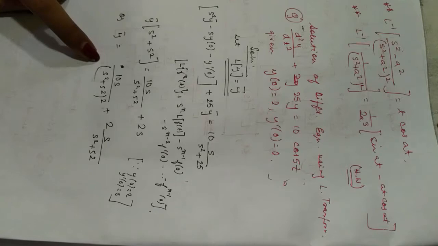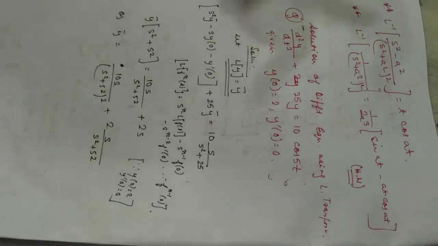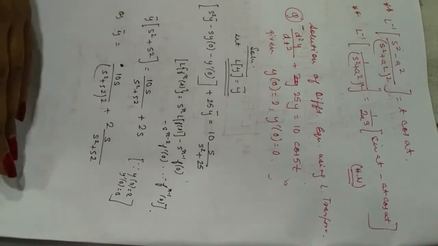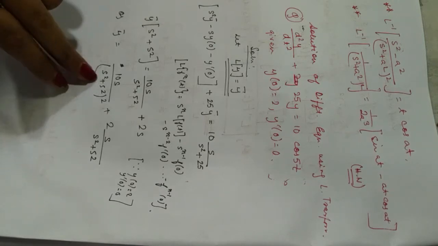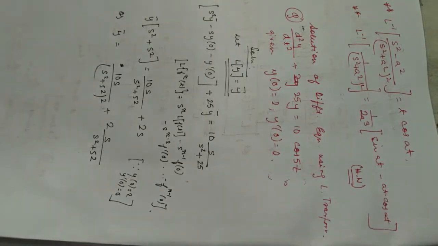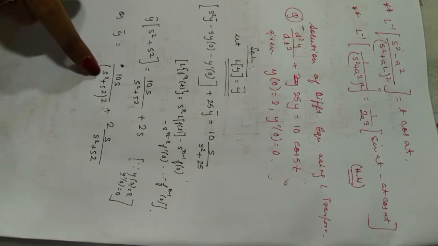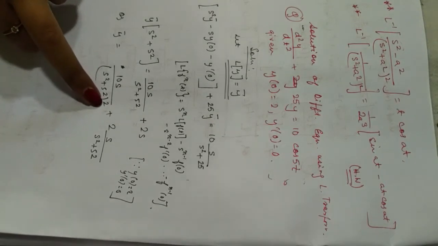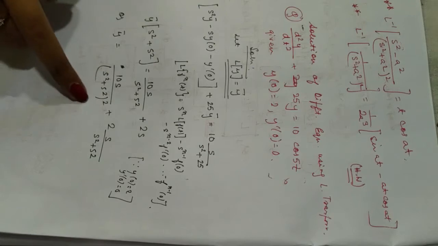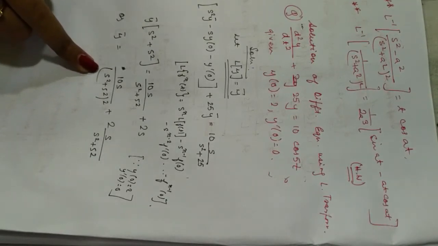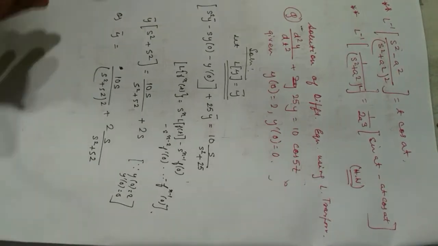Now you can see why we derived the formula like we did a few minutes back, because in differential equations we will get these kinds of numerous terms, and it may not be possible to solve each term specifically. It will be quite tough if you do not know the previous formula, because see the form: it is s divided by (s square plus a square) whole square. This was unknown to us till today, but now we know this is nothing but the inverse Laplace of t sine at by 2a, right?